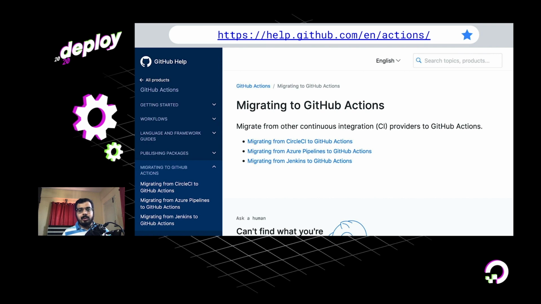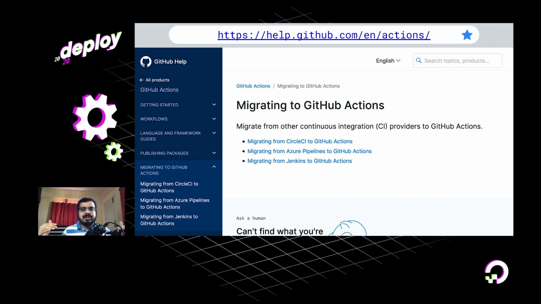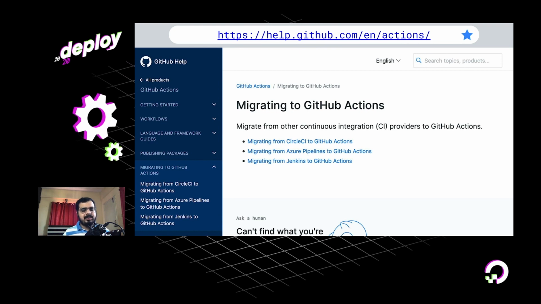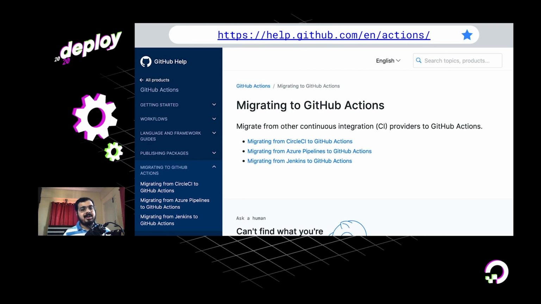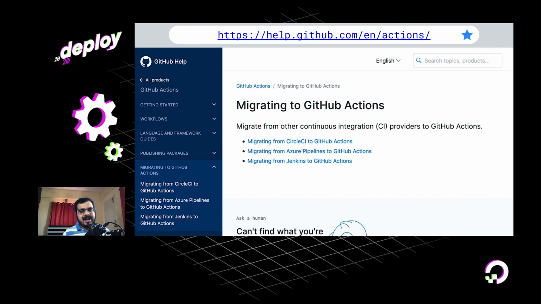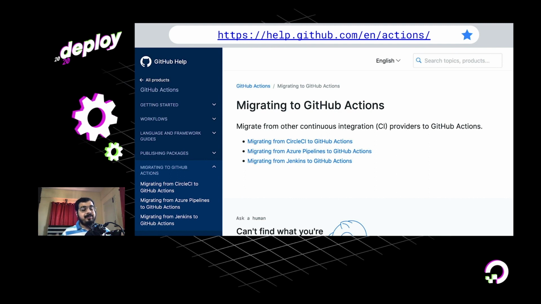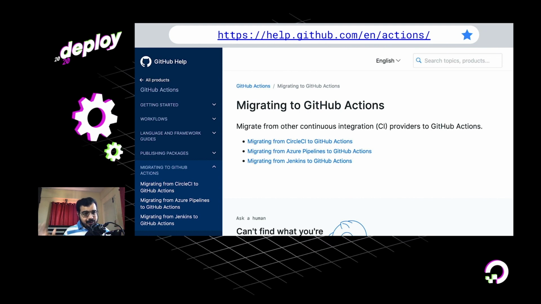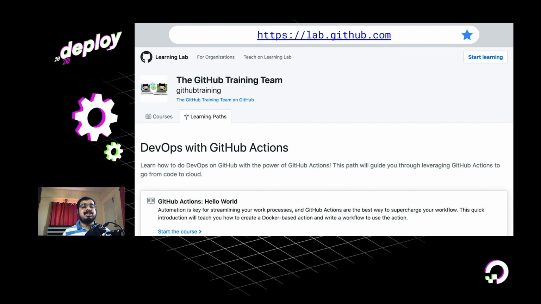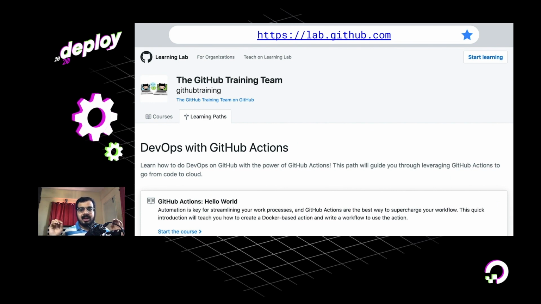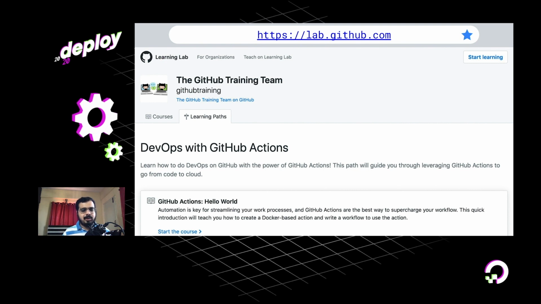Also, if you go to github.com and the docs section, you can find multiple articles and also many community articles out there of how you can get started with GitHub Actions if you're using other CI pipelines like Circle CI or Jenkins, or even things like Azure pipelines, etc. And if you want to learn more and get a little more hands-on with how to use GitHub Actions and how to do DevOps, there's a cool learning lab course on lab.github.com called DevOps with GitHub Actions, which is a path and individual courses as well.